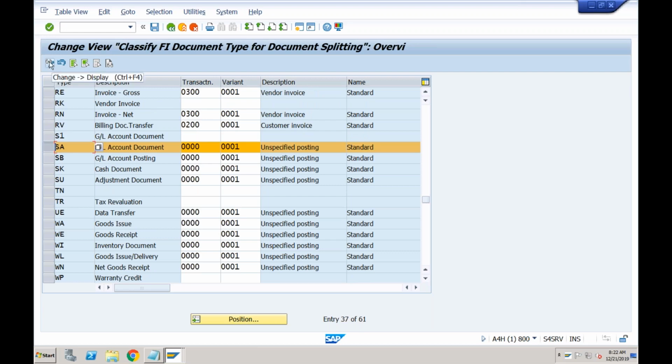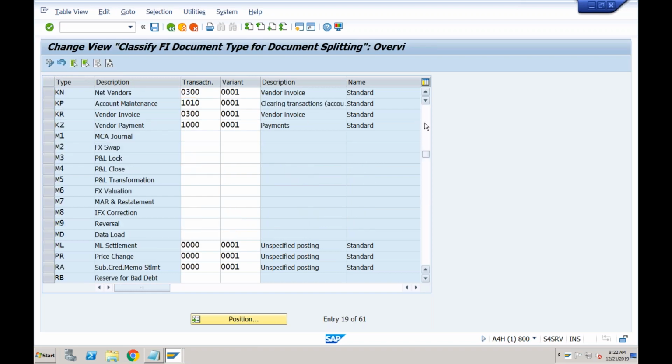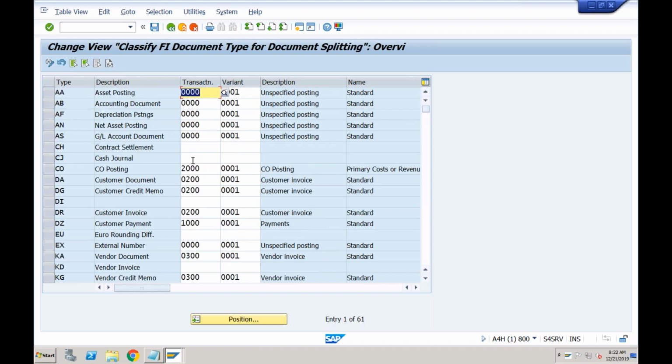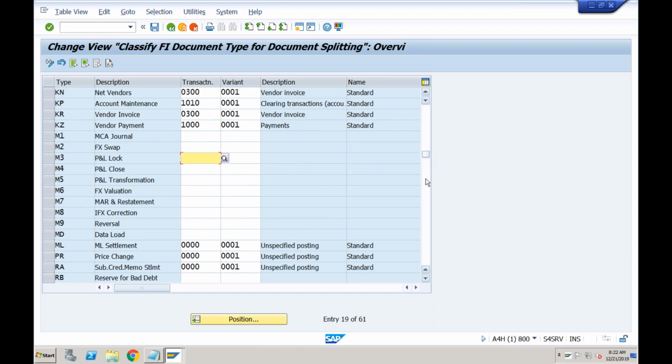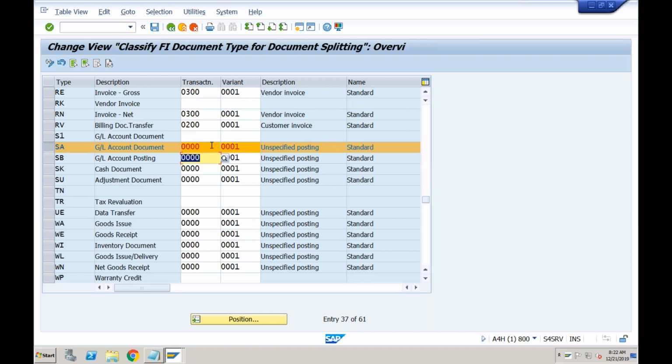Okay, first, or maybe it is already showing you CJ. Yeah, CJ it is already showing. Just maintain whatever is maintained in SA. So in SA, 4 times 0 and 0001.